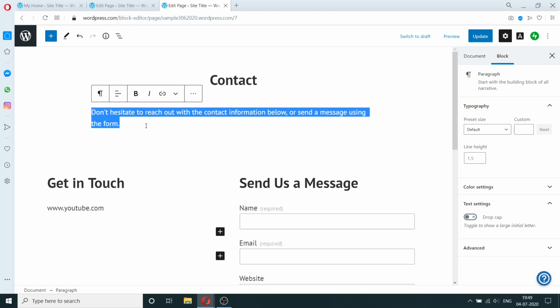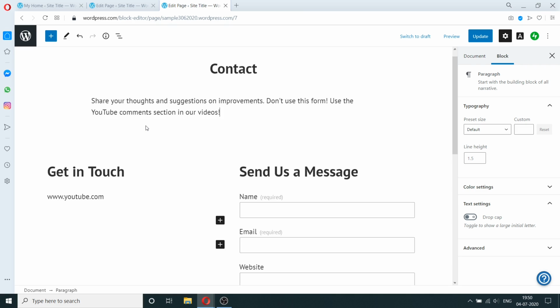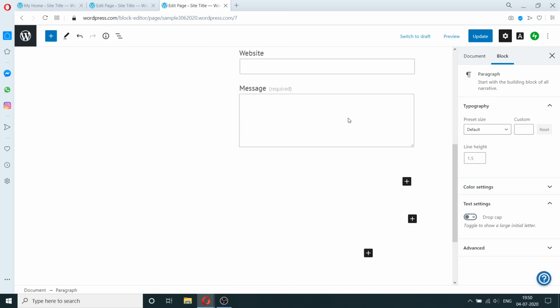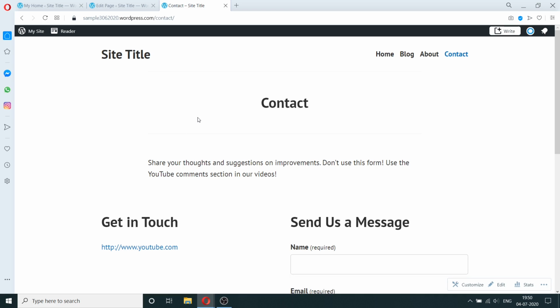And okay, so I've changed the text and I've removed some blocks and left some of these things. I'm going to click on update. So there we have it.